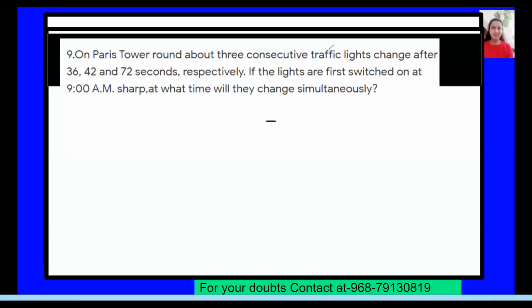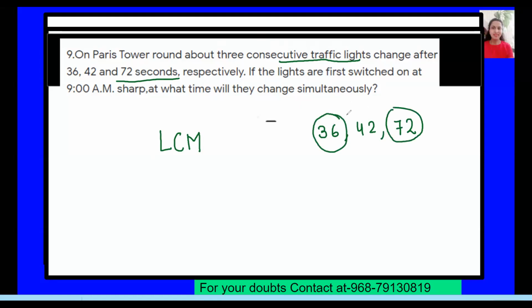So see this question. There are three consecutive traffic lights. In this type of question, we always find the LCM. So we find the LCM of 36, 42 and 72. One thing: when the numbers are multiples of each other, you can cancel the smallest number when you are finding the LCM. So now you have 42 and 72, and now you can divide by 6: 6 times 7 and 6 times 12. So now my LCM will be 72 times 7,